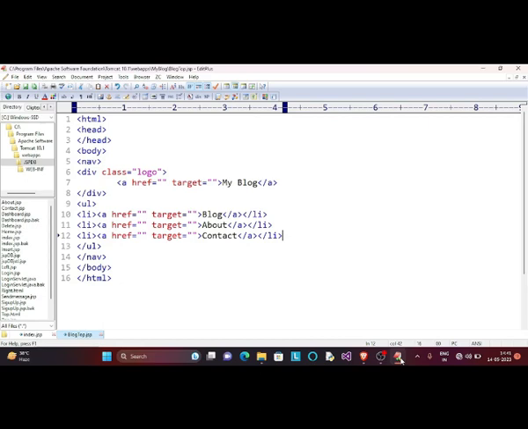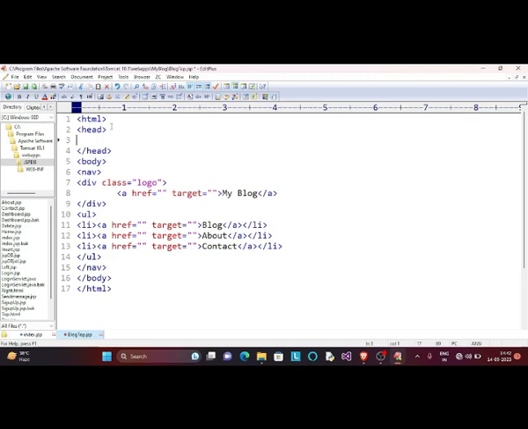So a little bit of CSS we are going to write here. So let's start CSS with body. So let me take style,